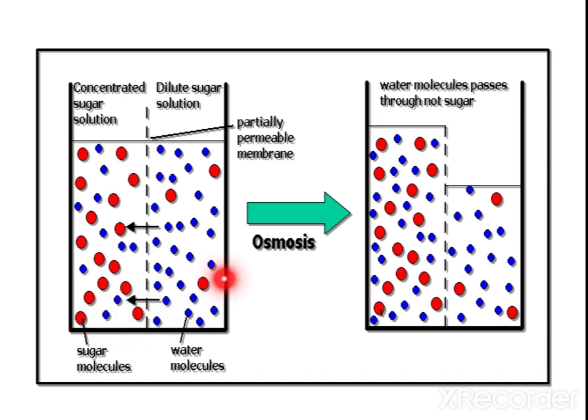Now can you see the movement of water molecules? It occurs from higher water concentration to lower water concentration. So here water molecules are moved, from here to here it moves. Can you see the arrow? So it moves from higher water concentration to lower water concentration through the semi-permeable membrane. Okay, so it moves like that. After some time, the water level here increases. Why does it increase? Because the water moved from here to here. That's why. Okay, so this method you call osmosis.